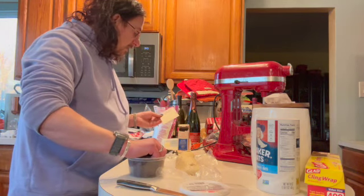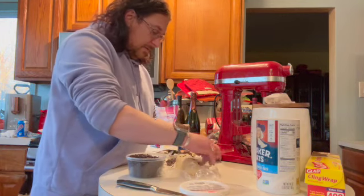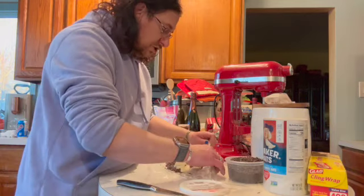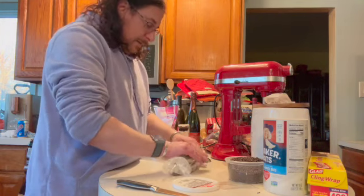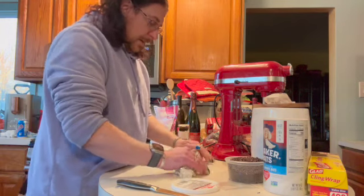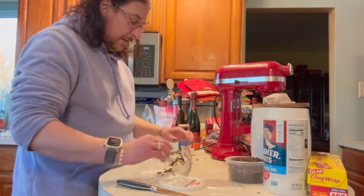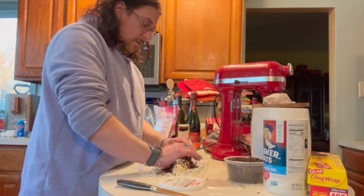So the chocolate sprinkles is a half a cup. I don't measure it out. What I do is I just put a bunch of chocolate sprinkles on my saran wrap. I'll put some on top. And then what you're going to do is use your saran wrap and start to roll it in the dough. You want to make sure you coat all sides with chocolate. And these will go all over the place. I know from experience doing these. So I'm just going to use my hands and...